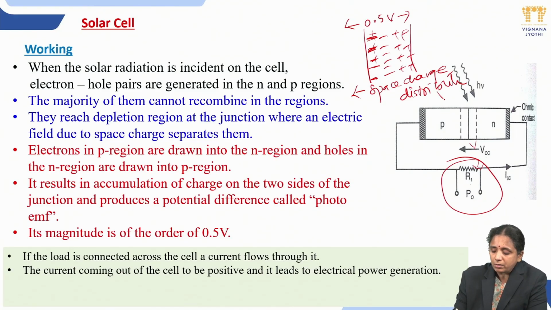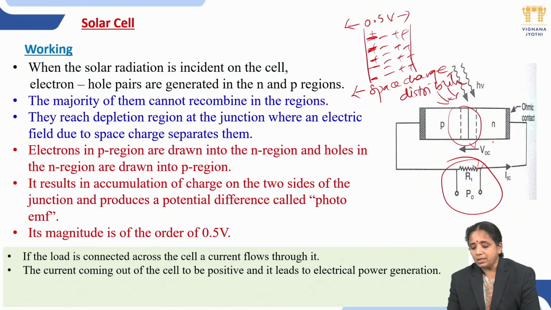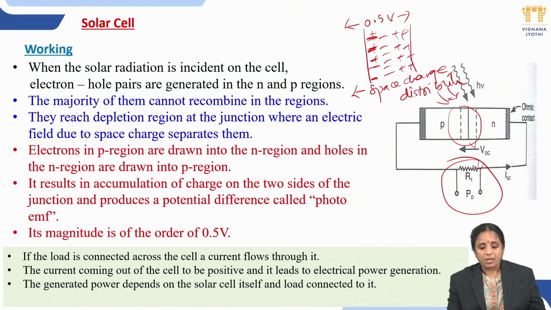So the light energy which is falling on the PN junction will be accumulating the charges across the junction, and some kind of minimum voltage is developed across the junction, nearly 0.5 volts range. And when we connect the load resistance, the current will be coming out of the cell and results in the electrical power generation. The generated power always depends on the solar cell itself and how much